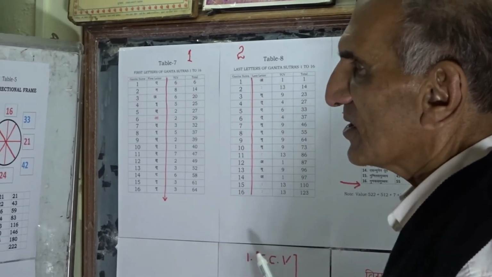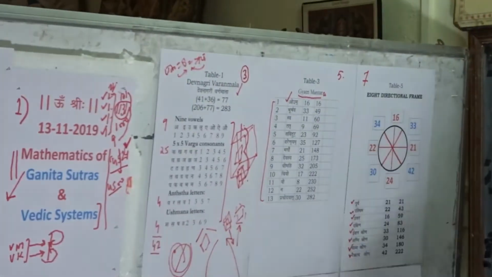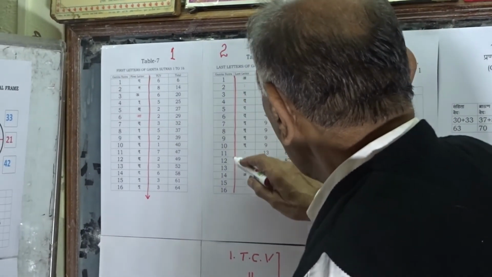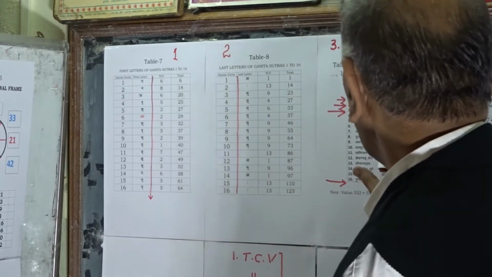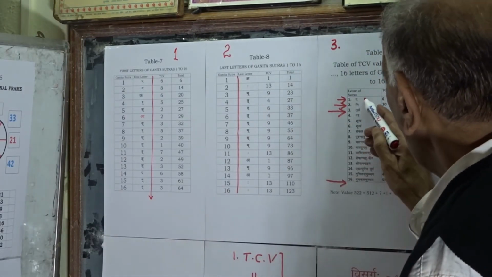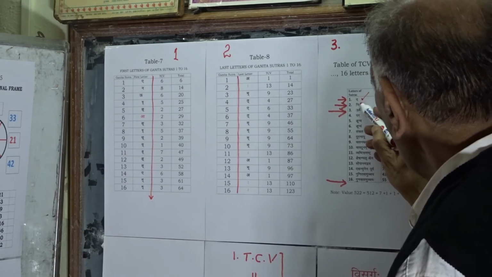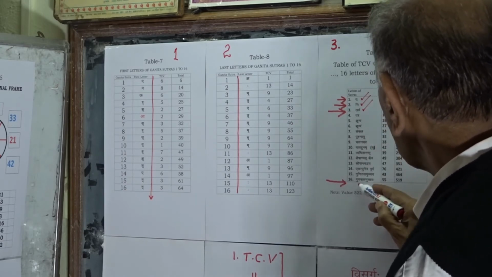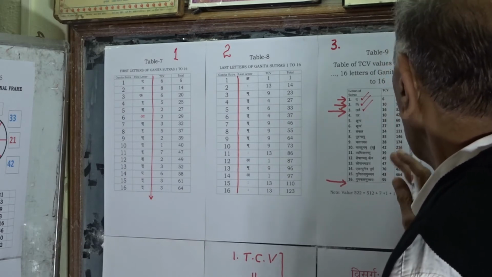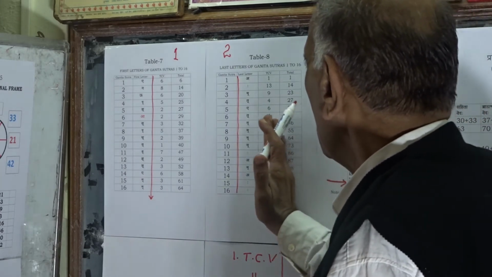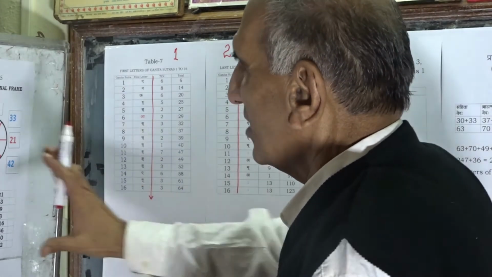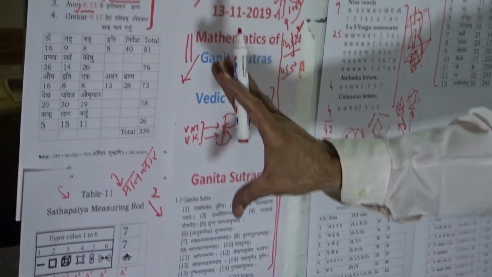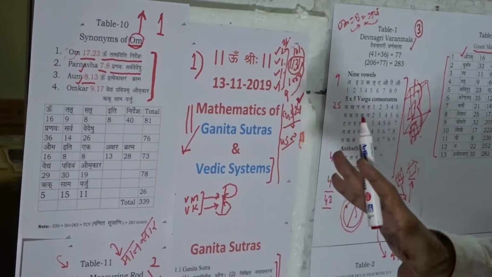These internal tests of the text are going to be, first, in terms of the first letters of the sutras; second, in terms of the last letters of the sutras; and third, in terms of the first letter of the first sutra, a pair of letters of the second sutra, triple letters of the third sutra, and 16 letters of the 16th sutra. These 3 internal tests, these 7 external tests, this pair of formats availability as such are going